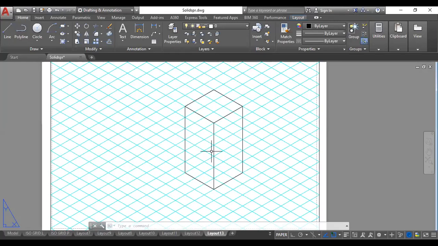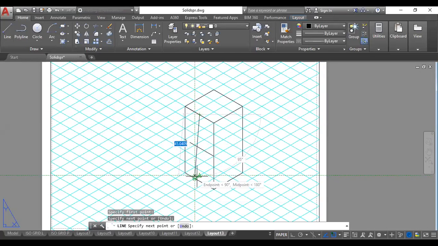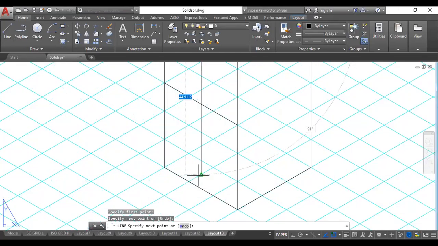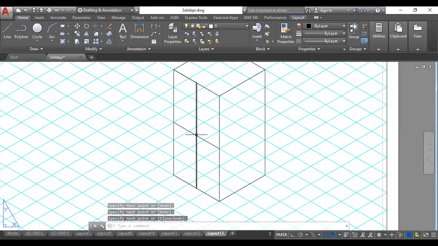Before I start, I need to locate the center of this face, because the circle is from the center. So to find the center of this face, from here I should go 30, then draw one line. From here I have gone half of it, 30, and from here this is also 30. So I'll go half of it, 15, and draw one vertical line. So the coinciding will give you the exact center.